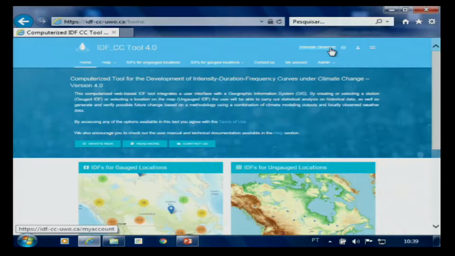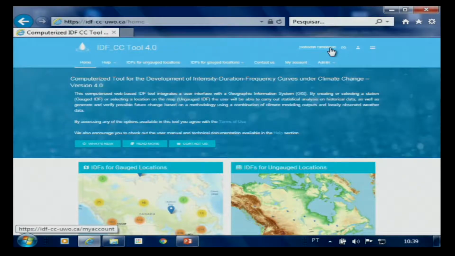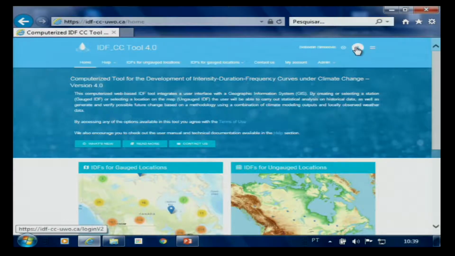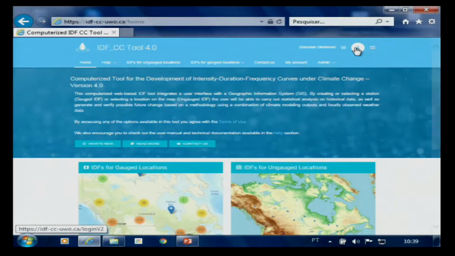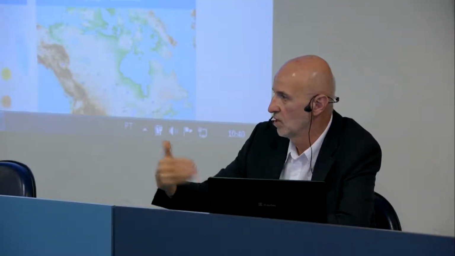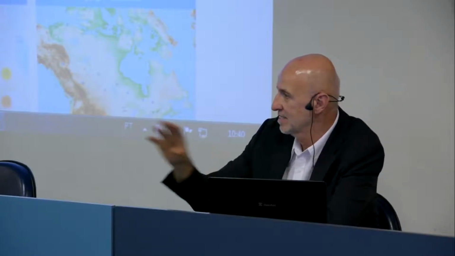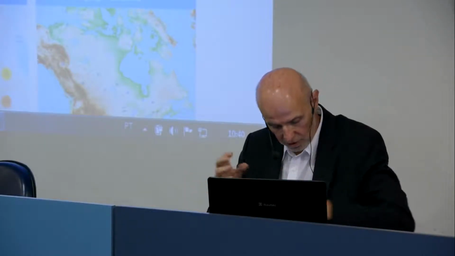I already logged in, and you can see as a user you're identified in the upper corner. If you're not registered, you will be clicking on this and registering. The registration is not for any other purpose except for us to know how many people are using it. The basic information required is just your email, and the tool automatically sends you the password so that, once you're registered with this ID and the password, you can access it, and your space will remain